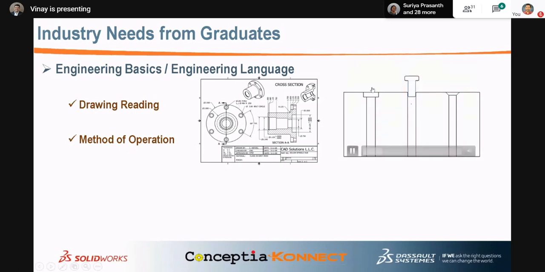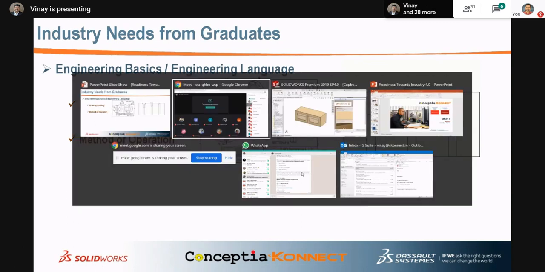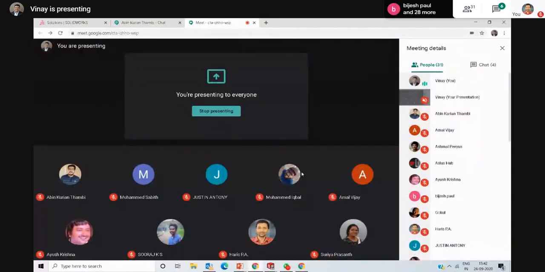What do you mean by tap hole, counterbore, countersink hole? Where is it used? Why is it used? Mohammed, another small question for you: what do you mean by M10 hole or M10 bolt? What is the dimension of an M10 bolt? Can you tell me? No, just try it out. There is nothing wrong, because we know that you are still in the student community. If you know, yes, you tell me what M10 is.